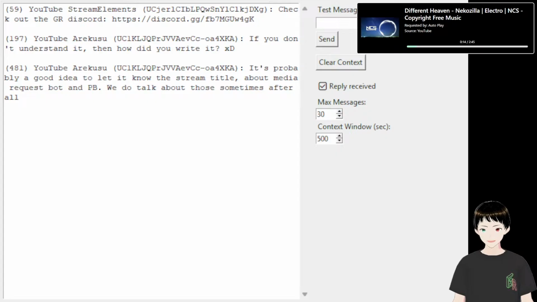Speech to text API. How much does Google's cost? Oh, it's the contact sales kind of thing. Yep, we're not doing that.